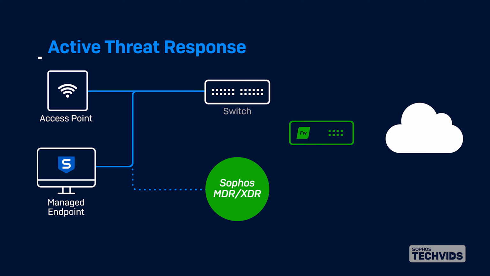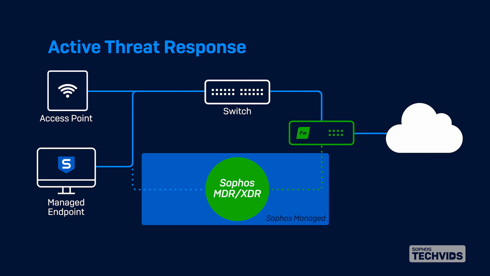First, let's see how Active Threat Response works. In this example, a customer uses multiple Sophos products, including switches, firewalls, access points, and managed endpoints. All these products send telemetry in the form of events, device logs, and alerts to the central Sophos data lake, where the Sophos MDR 24/7 threat hunting team continuously analyzes the data. Using advanced tools, AI, and ML algorithms, they identify any anomaly in the network for that specific customer.